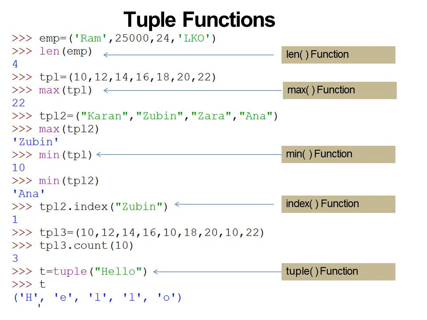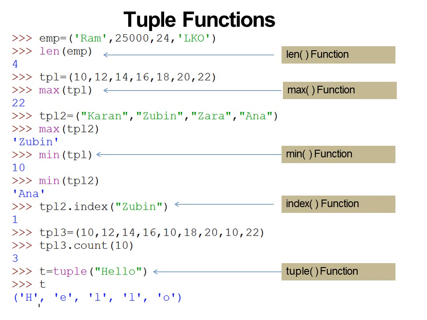Next, again we have tuple functions, like we had functions for string and for list. Like this we have functions for tuple also. Here I have written EMP is equal to RAM, 25, 024, LKO. The first function is to determine how many elements are there in the tuple, and for this I am using the function len. So len specifies how many elements are there in the tuple.